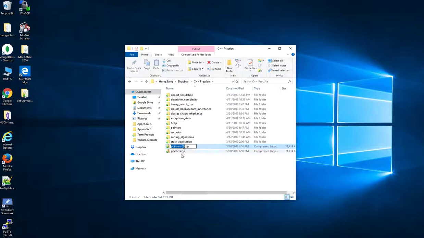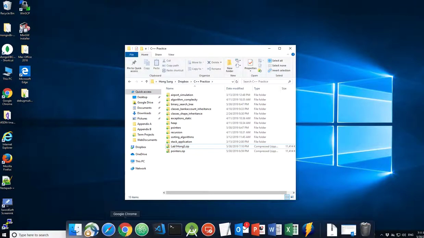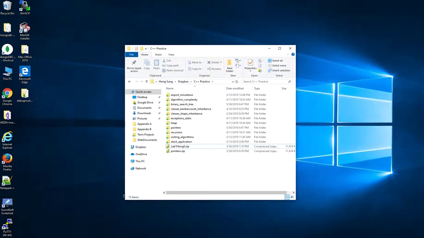The 2 is attached because that was already there. And then change the name, Lab1 Hong S. That's the submission file there. Once you have compressed and have those files there,